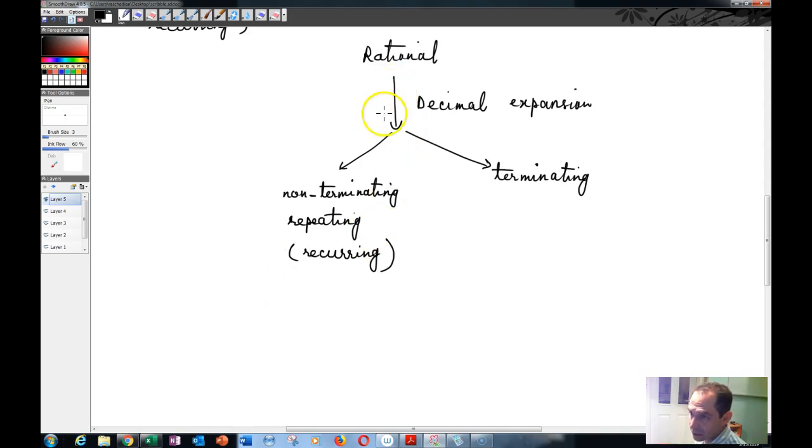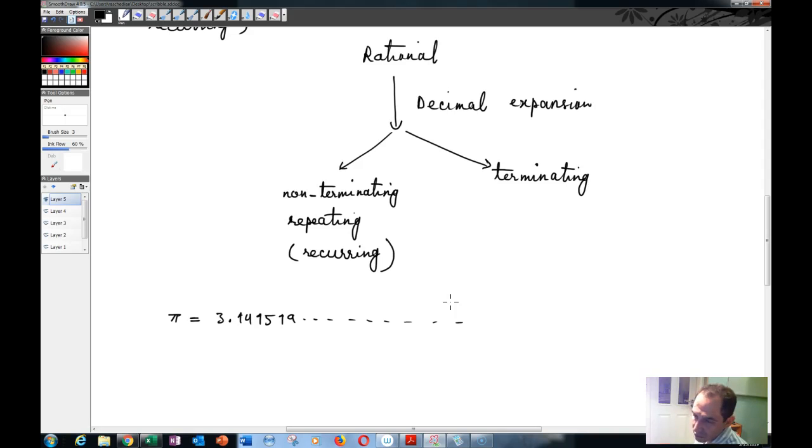As an example, the decimal expansion of pi is basically 3.141519 and so on and so forth. It just keeps going, non-terminating and non-repeating, meaning that there is no pattern that you can see in pi. It just keeps giving you different digits randomly,